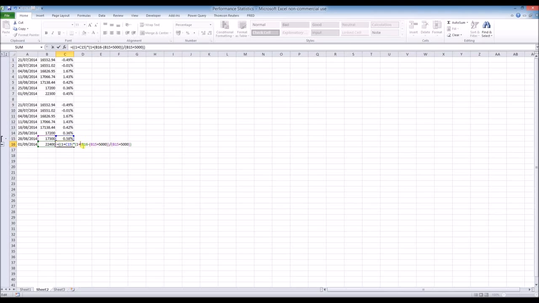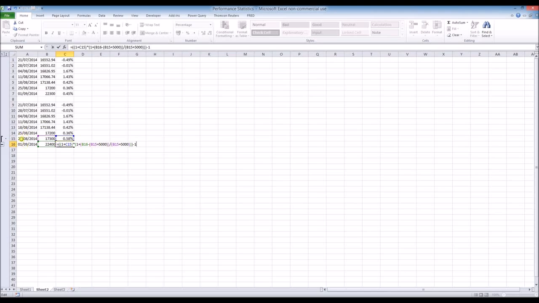So you need to make sure that you've got these brackets displayed correctly as well, and then close the whole equation with another bracket and minus 1, and that should give you a return for